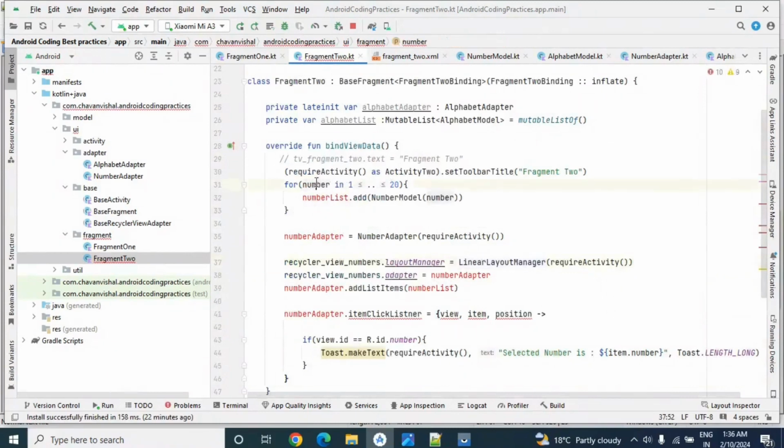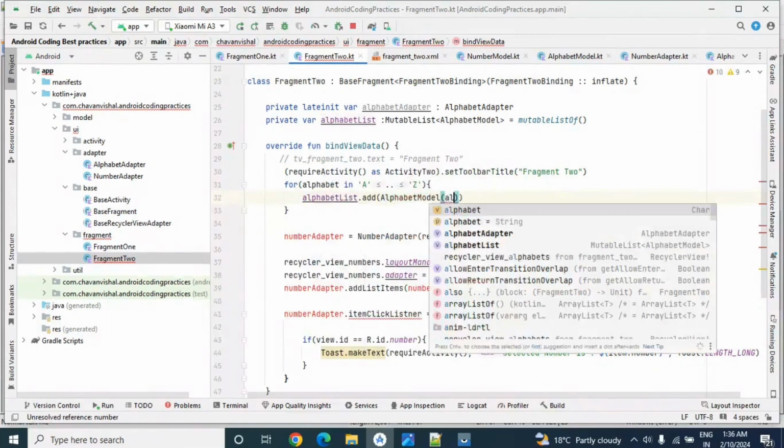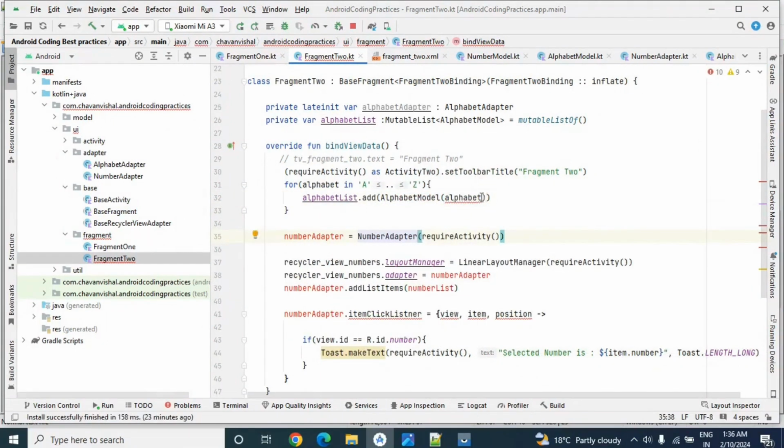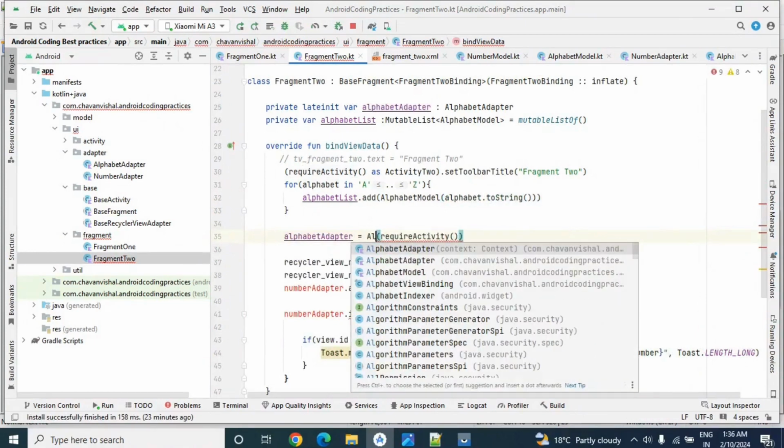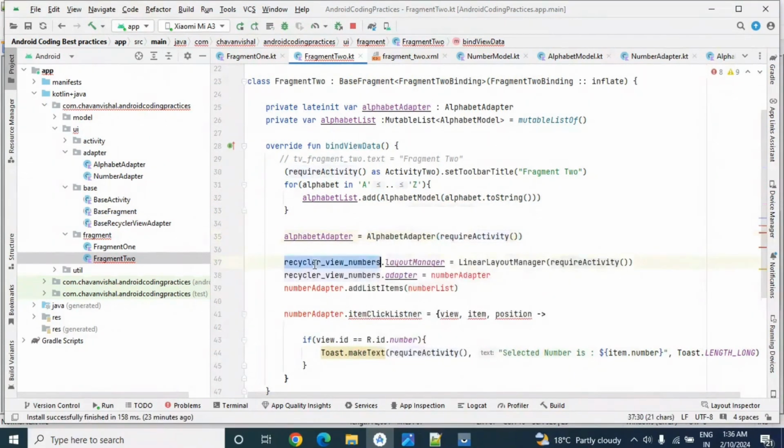Now here, instead of number, we will write alphabet in A to Z. Alphabet list, here alphabet model of alphabet.toString, because we have a char. Now alphabetAdapter is equal to AlphabetAdapter(requireActivity).